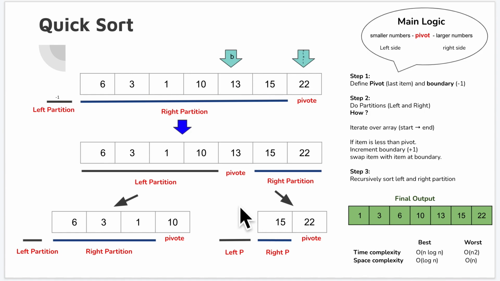That is O(log n), because in the best case we partition the array into left and right partitions, but in the worst case, if the array is already sorted and the pivot is last, we are going to go through each index of the array. So that will be O(n) space complexity. Cool. That's it, guys. Hope you have understood. We are going to implement the same algorithm with these three steps. Maybe you can understand more clearly during implementation. So let's move to implementation.